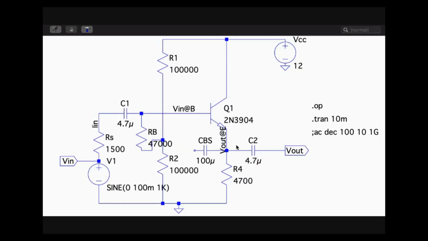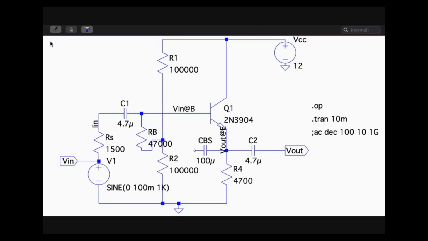Right. So the very first thing we will do, since the circuit is set up, is transient analysis, which is enabled. AC analysis is not enabled; that is where you can see there is a semicolon here. Transient is enabled with a 10 millisecond time period. If you look at the input sine wave parameters on the screen, 0 is the DC offset. We haven't given any additional DC voltage because DC voltage is already established through this biasing network. The amplitude of the signal is 100 milli and the frequency is 1 kilohertz.